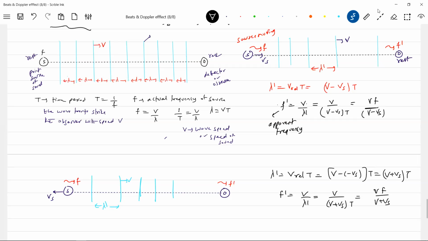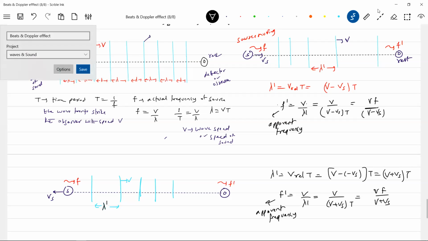So like that, what happened? The observer is at rest, the source is moving. So like this, we can calculate the apparent frequency. So what is the wavelength? I think the wavelength of the waves received by the observer will change when the source is moving. When the source is at rest, the wavelength is not going to change. Okay, later I'll stress it in detail.